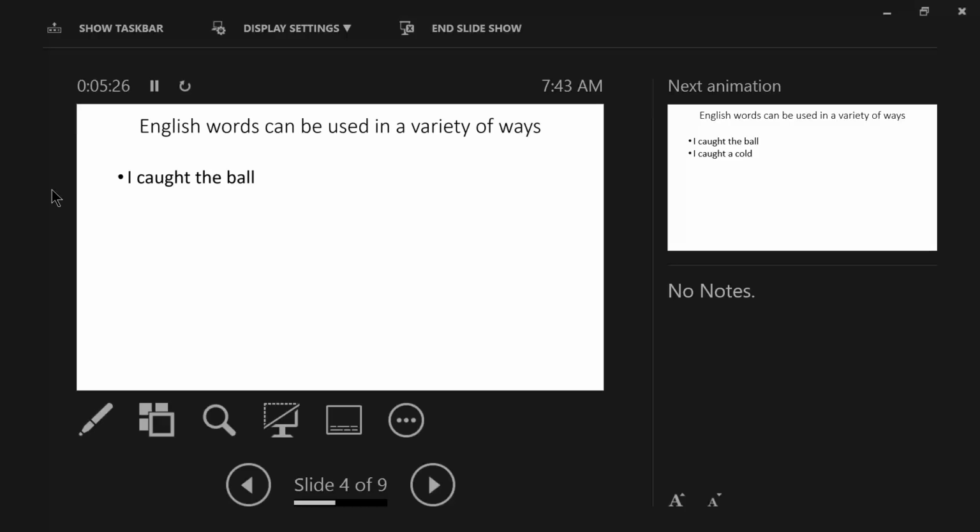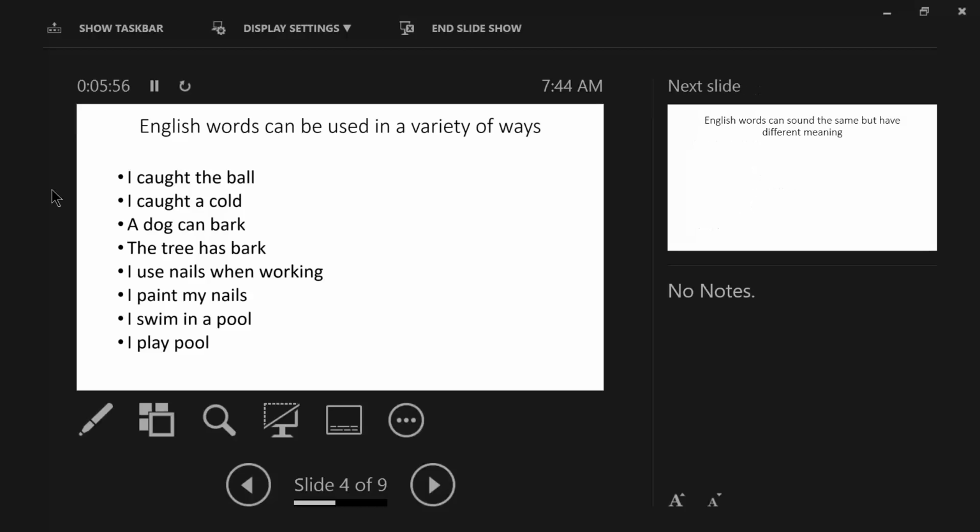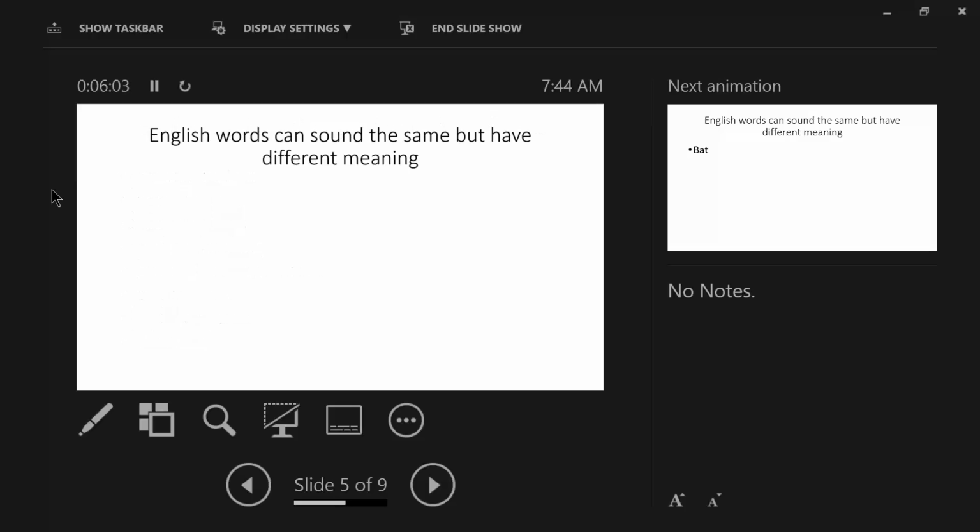For example, I caught the ball. I caught a cold. How many times have we said that? Oh, I caught a cold. A dog can bark. The tree has bark. I use nails when working. I paint my nails. So do you paint your nails before you put them into a piece of wood? I swim in a pool. I play pool. It can be confusing, can't it? And then English words can sound the same but